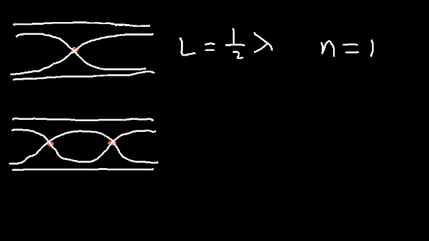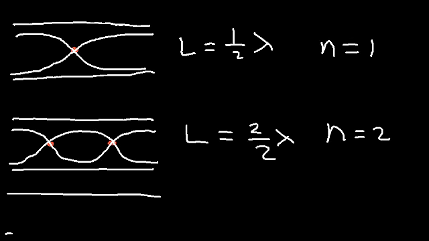Now how many loops do we have in this picture? So notice that here we have half a loop, we have a full loop, and another half. So we have a total of 2 loops. So we're going to say n is basically 2. So the length is going to be equal to the wavelength. 2 over 2 is 1. Now let's see how it's going to look like if we have 3 nodes.